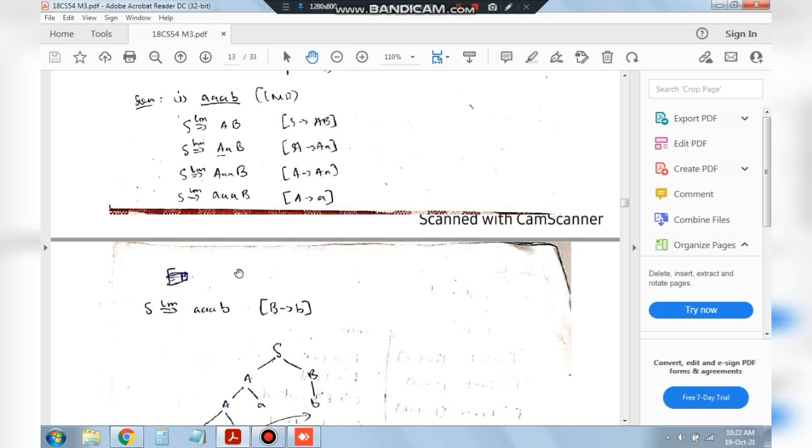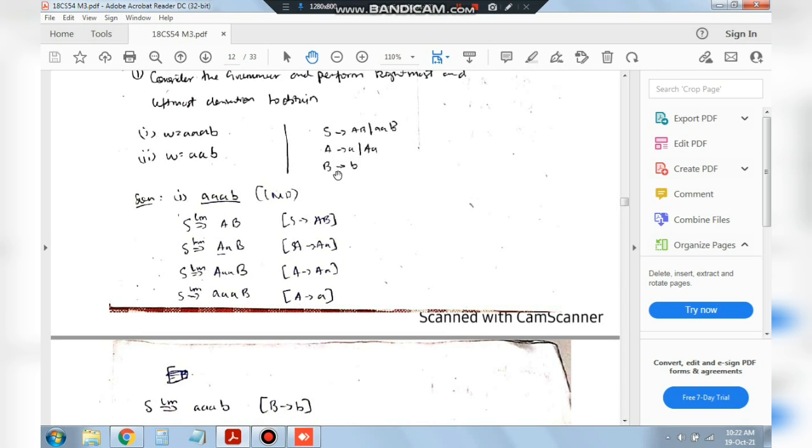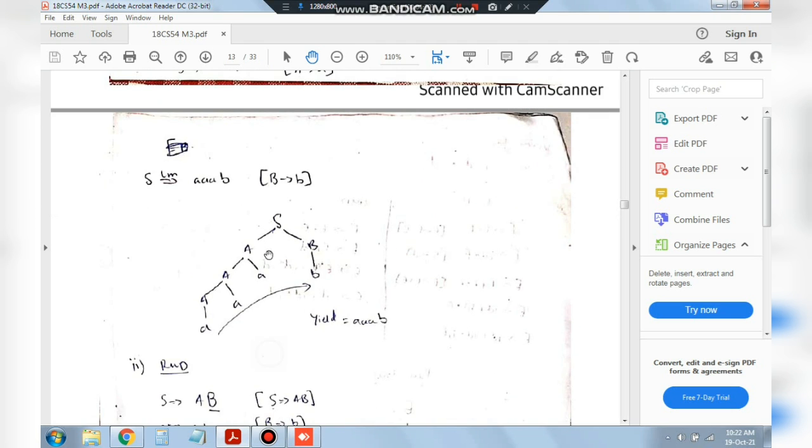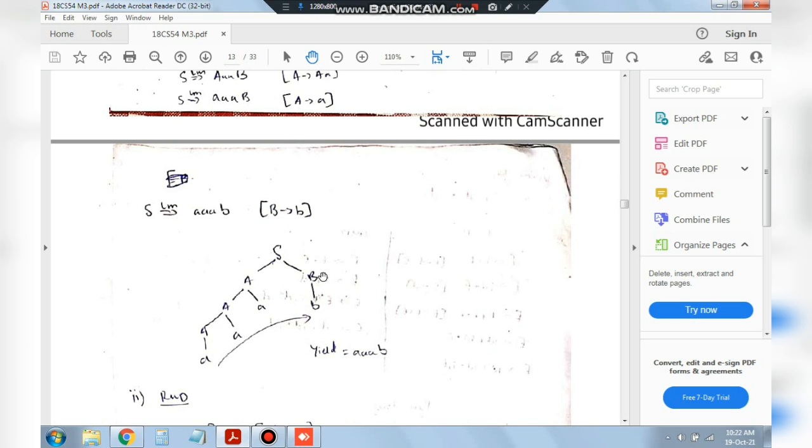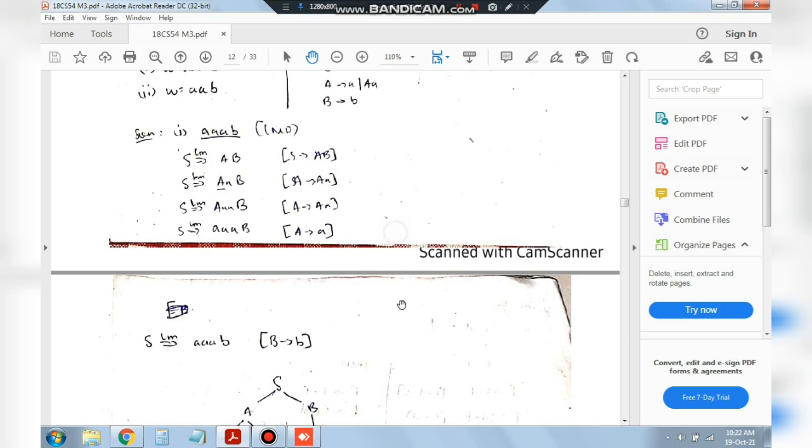Then we'll go for B. B will be substituted as small b because that's the one step process. We have to get the string here, so we have this string here. Now making the parse tree for this one, what we'll get is S was written as A and B, right? Here we have written S as AB, and then what we did was the substitution part. B was written as b, A was written as capital A small a. This capital A was written as the capital A and small a here, and this was substituted as small a. So here we have a, a, a and b. The yield will be starting from the left part to the right, and this was the leftmost derivation.